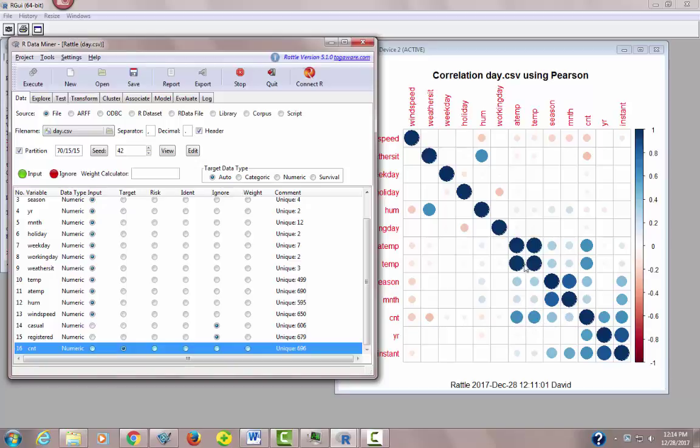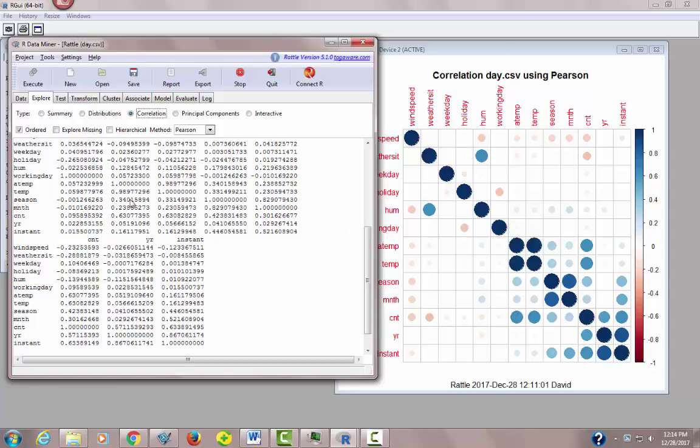You got count and temperature right there, has some big blue ones there at about the 0.6, which is what we showed in the data over here under count and temp. Right there, those two, 0.63. So that's about right. So that's something you want to look into as a correlation, is temperature, maybe humidity. Humidity's right there, a blue. Month and season obviously has that. But you can look at these also in